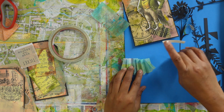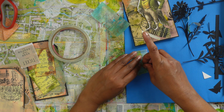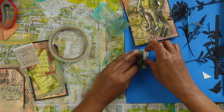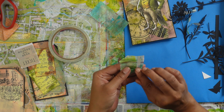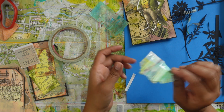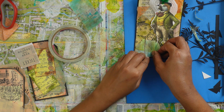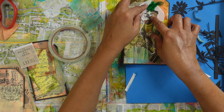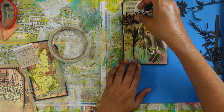So you just take a double-sided tape, make it flat, and it's totally dependent on how much width you want, how you want to shrink it, whether you want it full of the pleats or just a little bit of them. And then I will just peel it off. So now I have this double-sided tape, so I can put it here very nicely without disturbing anything. Otherwise I change my plan, and I have these few die cuts as I showed you before. I can put some of them in front,